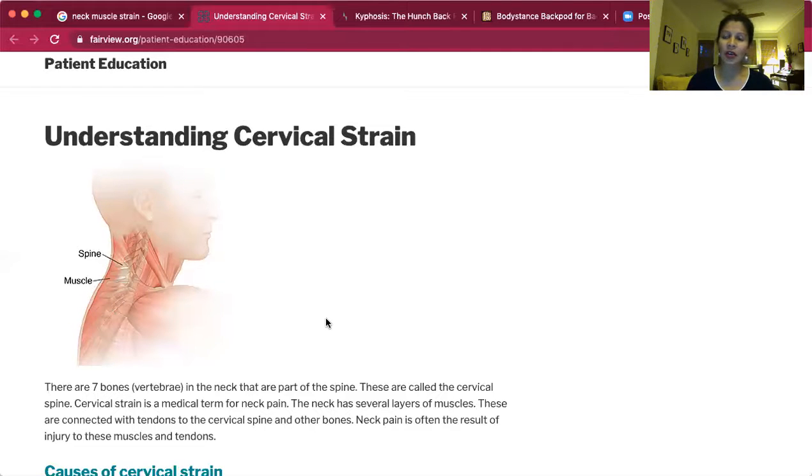This can cause what we call peripheral pain or radiating pain down the arm. And from a pathology perspective, it's called a cervical radiculopathy because you have compromised the nerve and it's radiating down along its radicular pattern. The most common disc I've seen get injured is usually a C4 or a C5 disc,